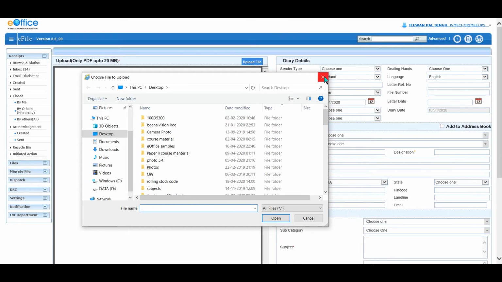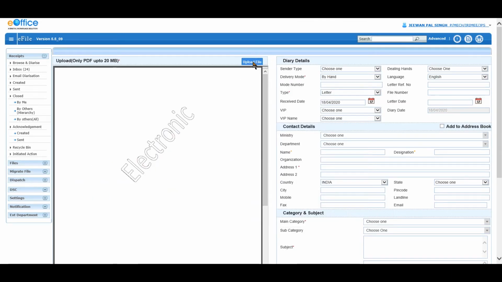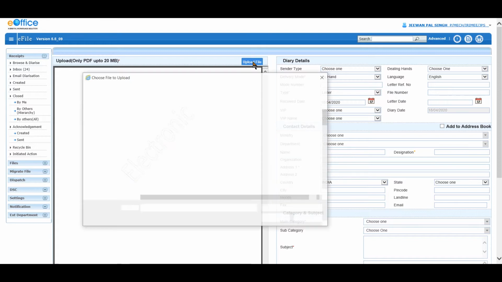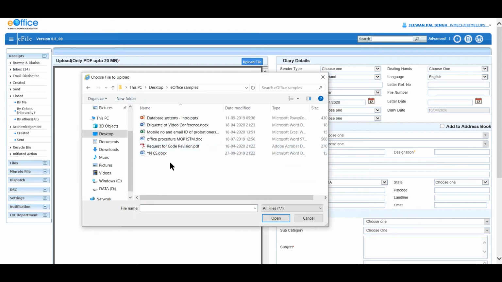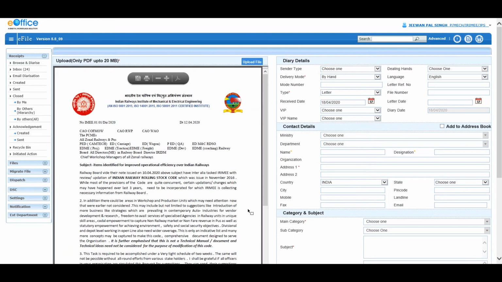The process continues after uploading and filling in other details. The mandatory details that need to be filled are marked with a star.